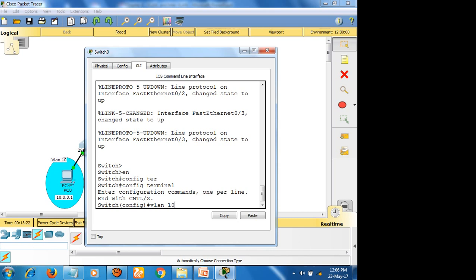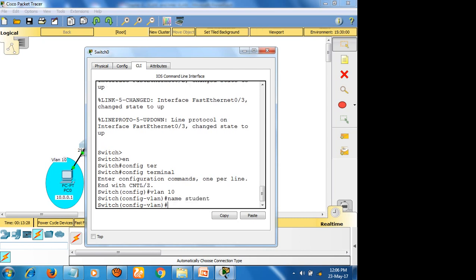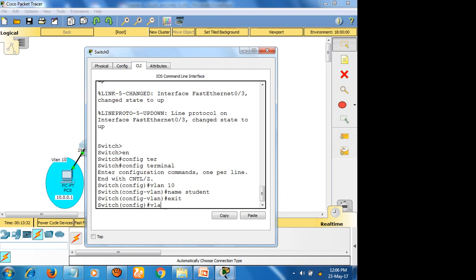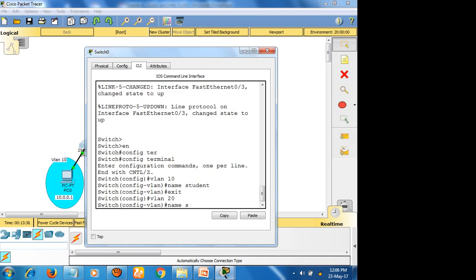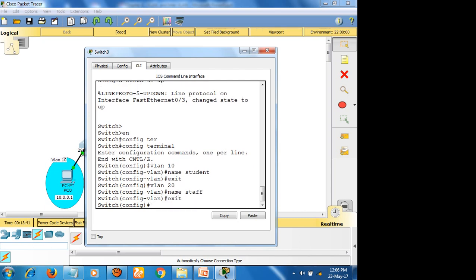First I am creating the first VLAN, and the name for the VLAN is student. That's it. Then I am coming out and creating another VLAN 20, and the name is staff.